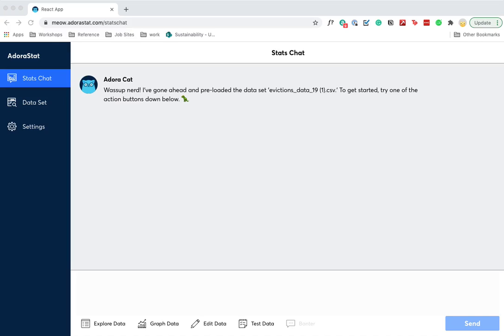Alright, so here we're on the stats chat screen when we first load up the app, and we can see it looks like a pretty familiar chat interface. Here we see Adora is telling us that she's preloaded this dataset right here, and to start we can try these action buttons below. But right now, I think we're just going to go ahead and switch out this dataset